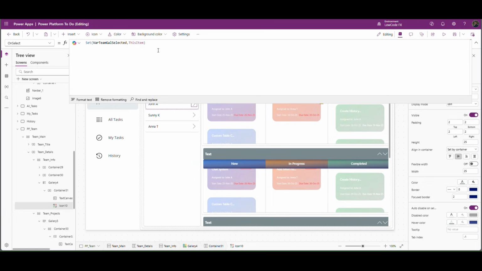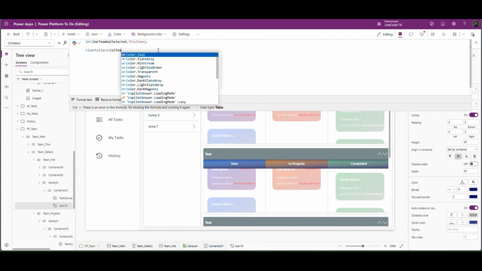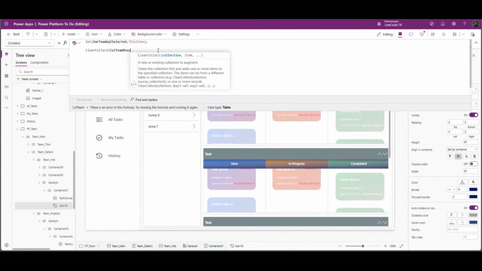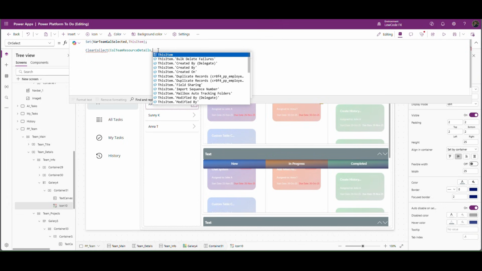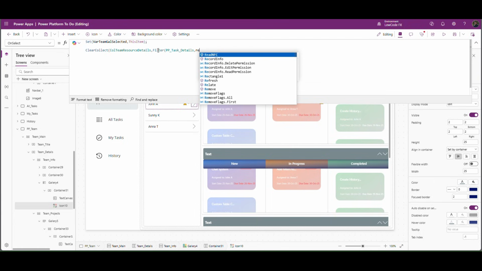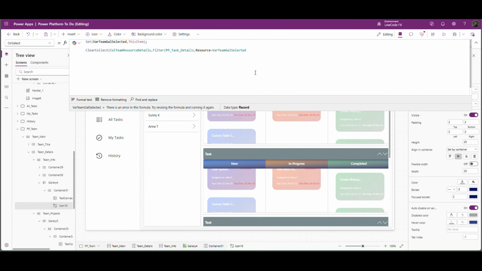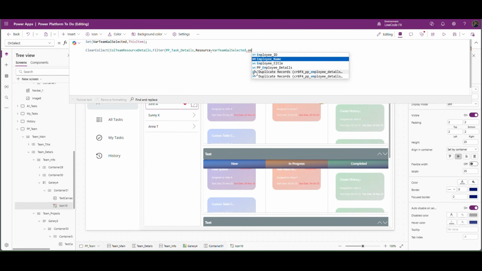So within this selection I'm going to add one more collection, that is clear collect, call resource details, comma, we will filter out task details with the resource is equal to selected dot employee name,